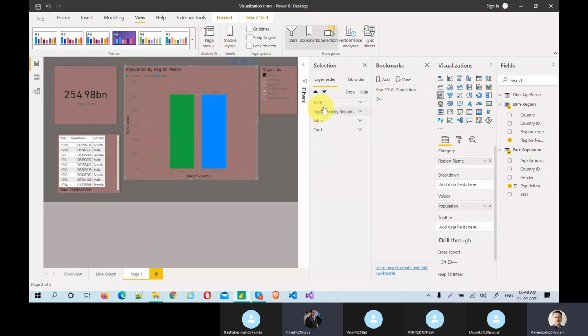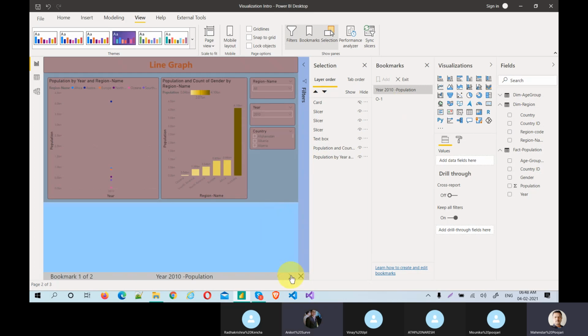So you need to select and update the bookmark. At any point of time, when you use the bookmark, those bookmarks are available for you readily.